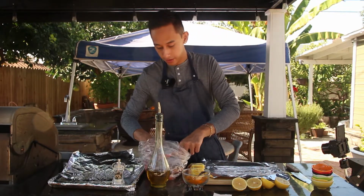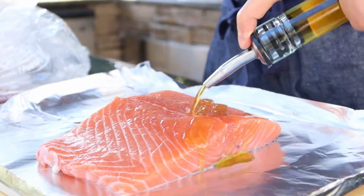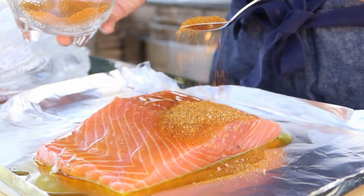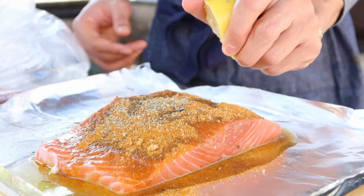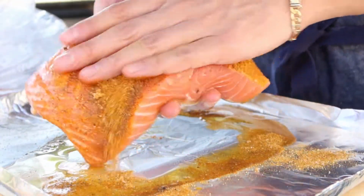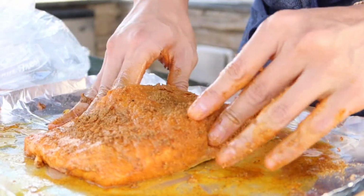Get your salmon fillets and place it right in the center of your foil. Next, we're gonna drizzle olive oil generously and add your seasoning mix. Then we're gonna crush fresh ground black pepper and squeeze half a lemon. We are going to rub the mix and make sure the whole salmon is coated. Once complete, top off with 2 slices of lemon